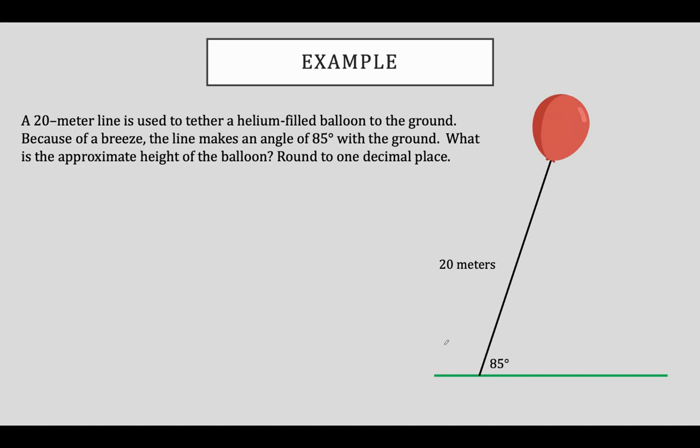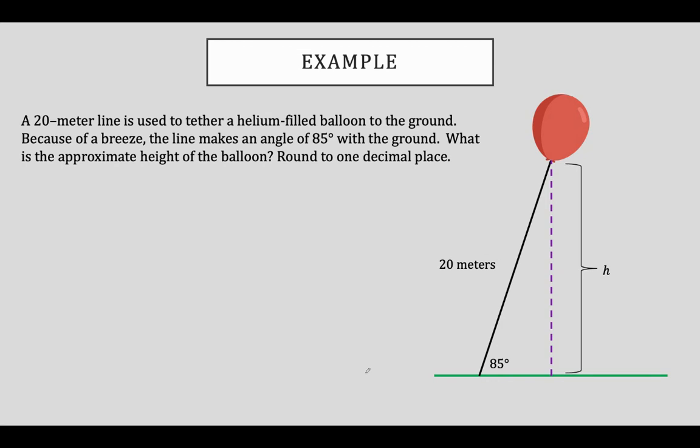What are we trying to approximate? The height of the balloon off the ground. And notice that drawing in this height here, we have generated a right triangle. Okay, here we have a right triangle. Now, again, this drawing is not drawn to scale, but it should give you a good idea of what we are